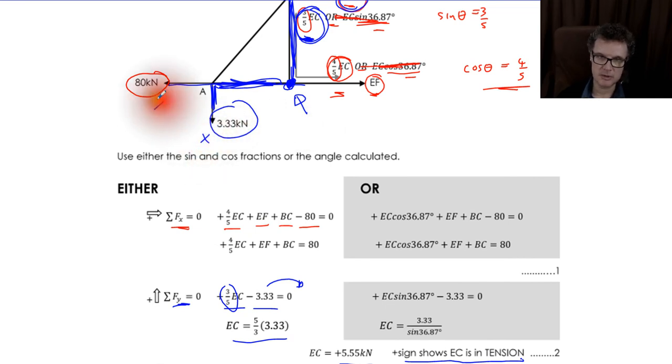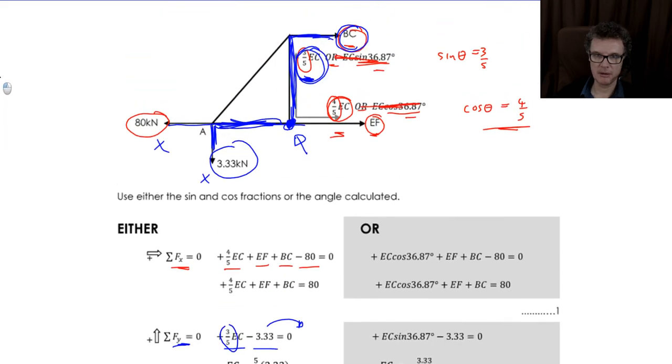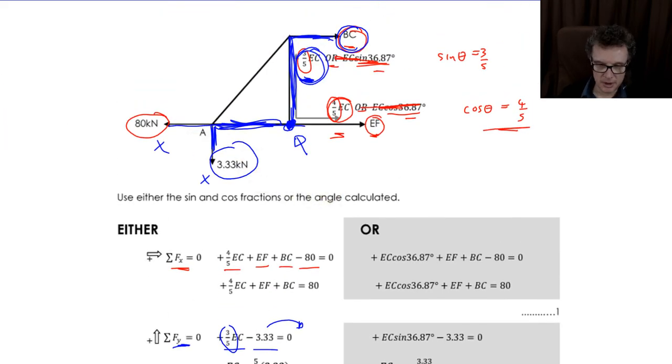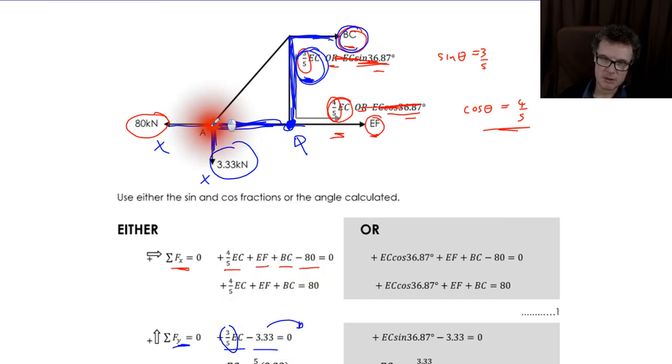I don't think that's such a big deal. Here we're going to end up with an equation with two unknowns in it. So if I take moments about A, what happens then? If we take moments about here,